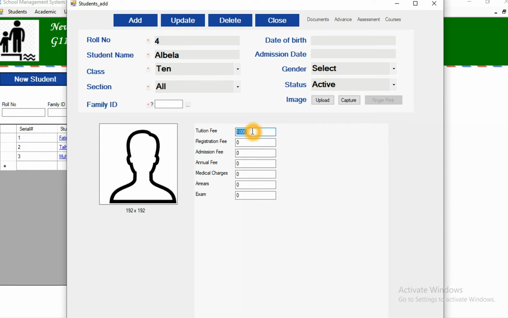So this is the same fee that we mentioned. Then section and